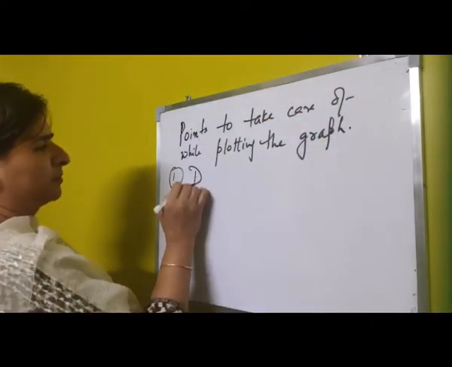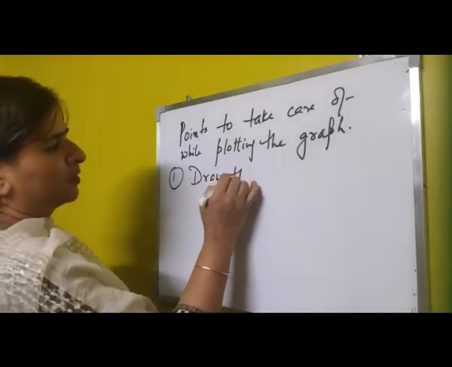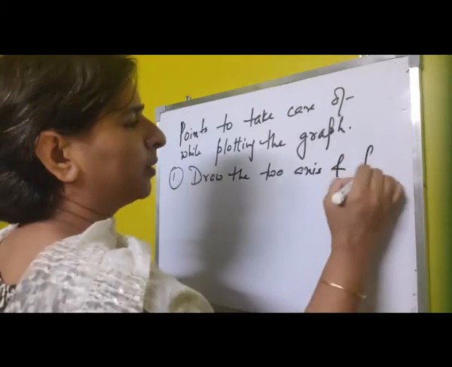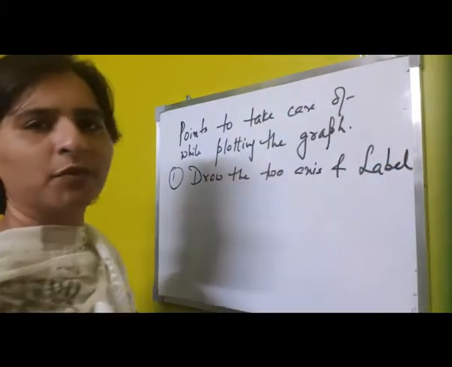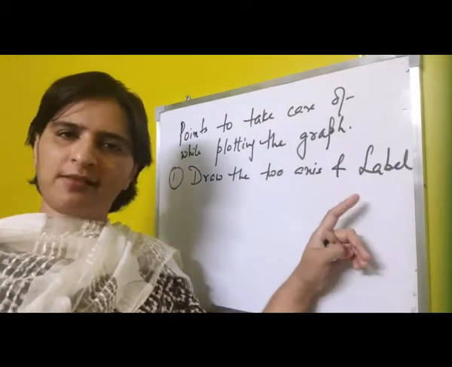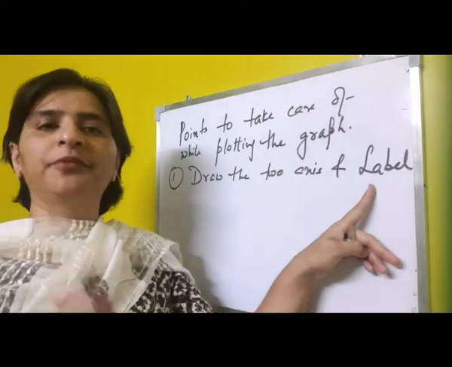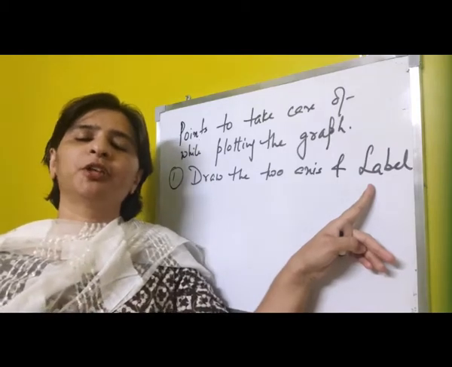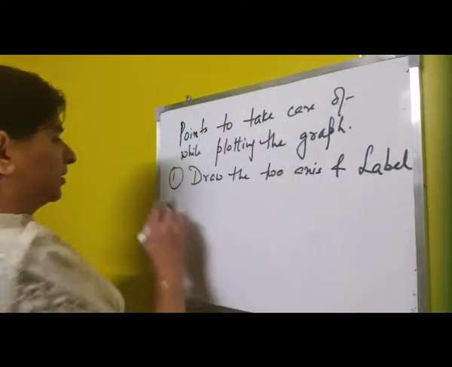First, draw the two axes, x-axis and y-axis, and label them. Which measurement you have taken on the x-axis and which measurement you have taken on the y-axis. Then